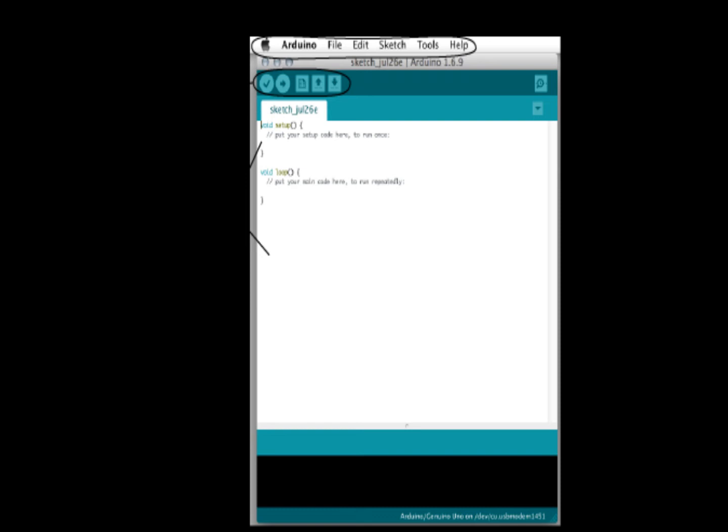Next comes the open button. The open button is used to open the already created file. The selected file will be opened in the current window. It is quite self-explanatory and works just like any other text editing software. The new and save buttons also do exactly what you think they do, so there's no need to waste any